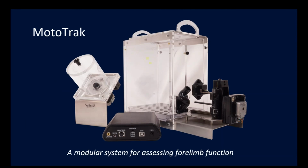So the tasks that I'll talk about were first developed in the lab, primarily at UT Dallas, but are now being developed by Vulintus. And we spent the last couple of years trying to create a unified system that can run all of these assessments, and we've got even more assessments in development. And the system that we've combined these all into is called MotoTrack, and it's a modular system so that it has a lot of common components, and the way that you run the different tasks is by swapping in different